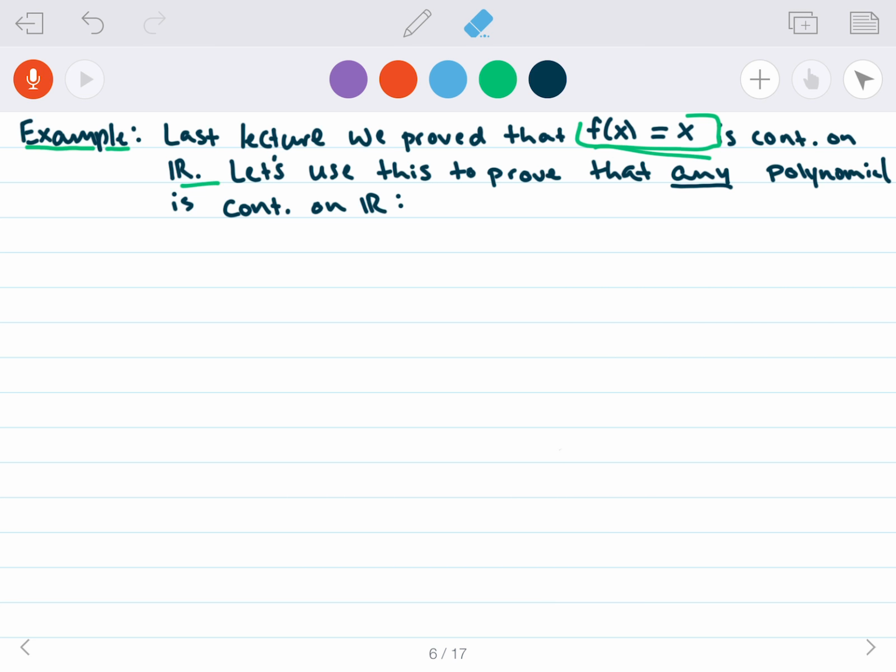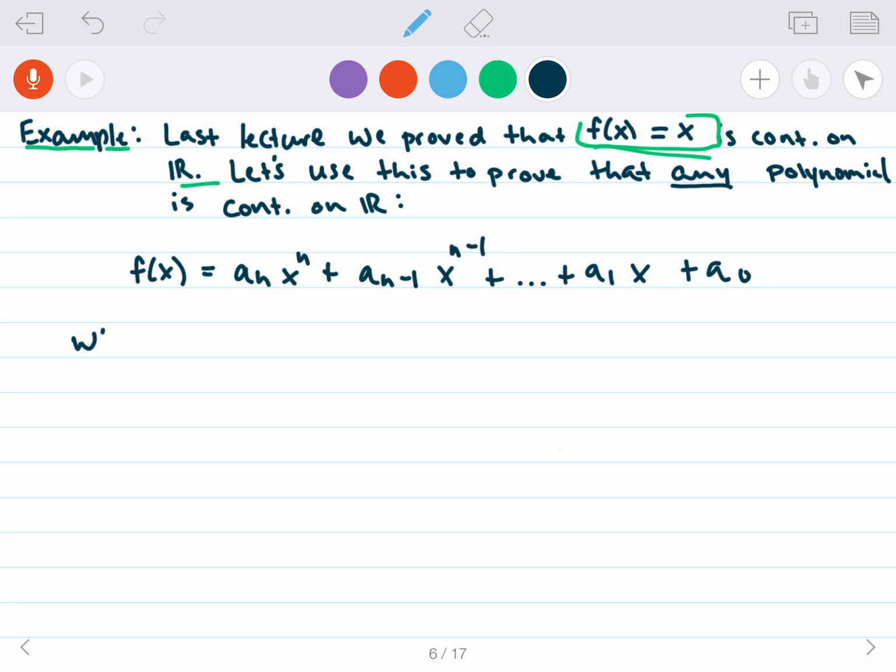So what does any arbitrary polynomial look like? It's of the form a_n x to the n plus a_{n-1} x to the n minus 1, and so forth, down to a_1 x plus a_0, where each a_j, with j between 0 and n,